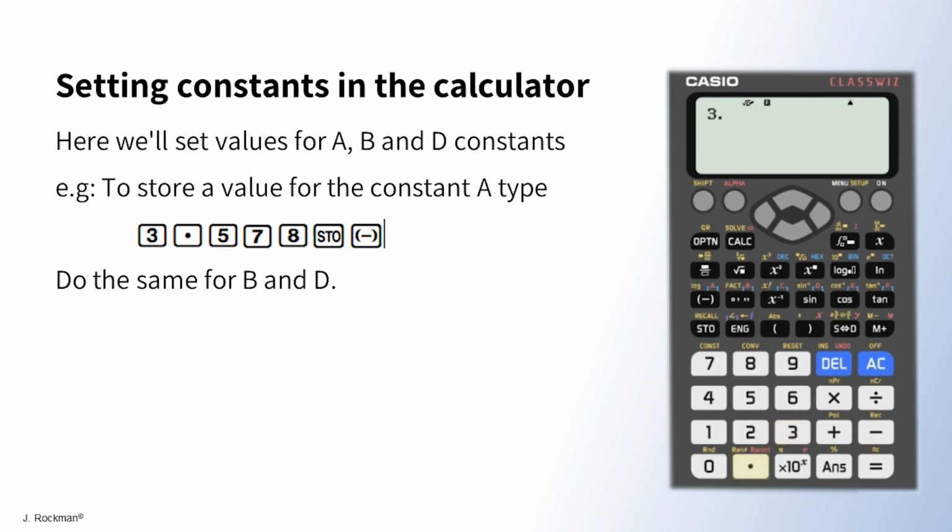Now let's set this up in our calculator. First, we'll assign values to the A, B, and D constants by typing the value for A as 3.578 and pressing the store, the STO button, and then the minus, which has the red letter A listed above it. In the same way, we do this for B and D. So we have 3.020 times 10 to the minus 3, store, and the comma button for B, and minus 0.0186 times 10 to the fifth, store, and the sign button for D. Assigning constant values A, B, and D allows the expressions to be easier to handle and also allows changing these quickly for other substances.